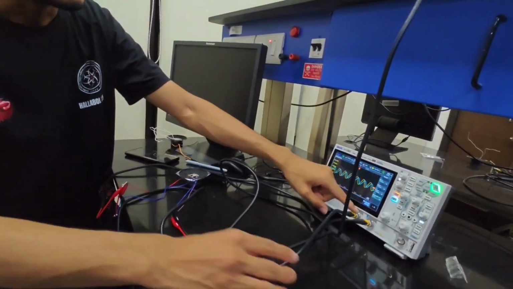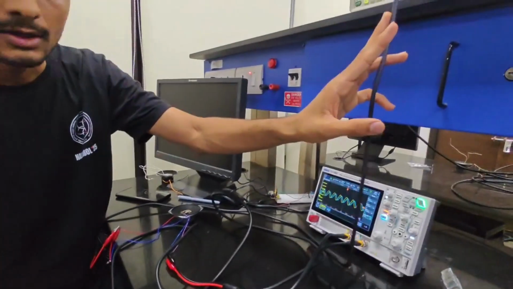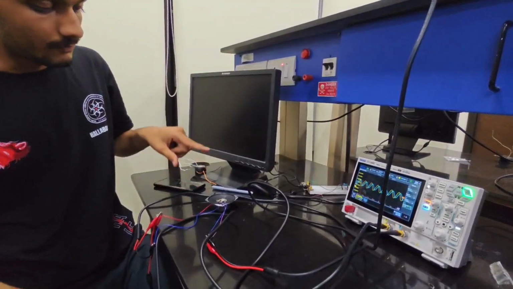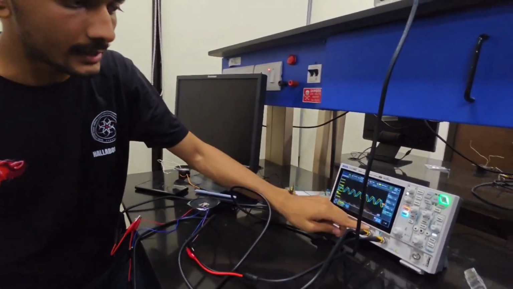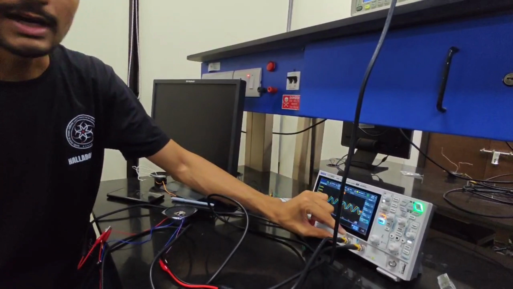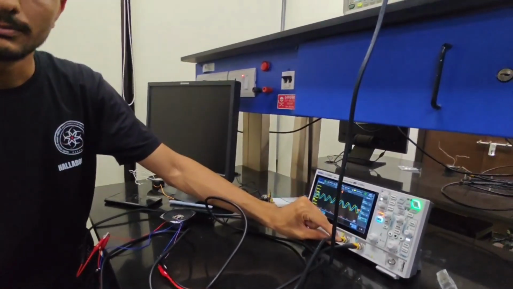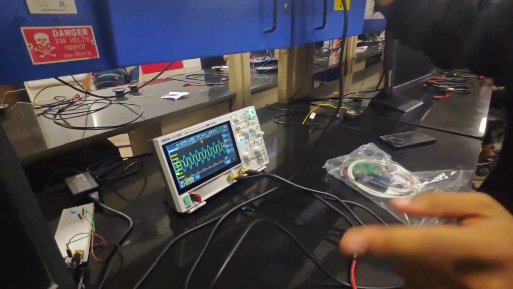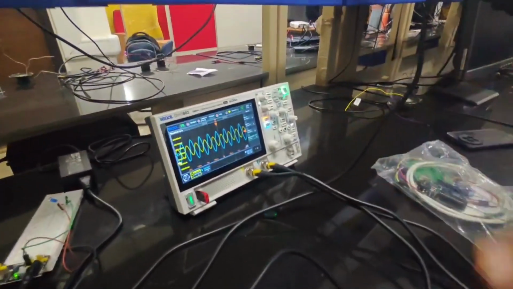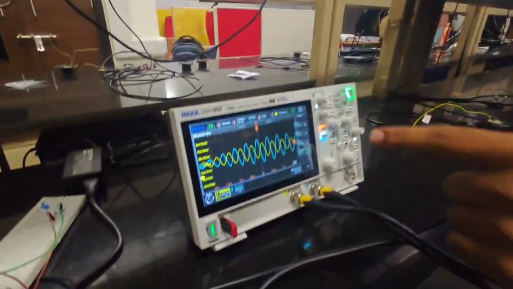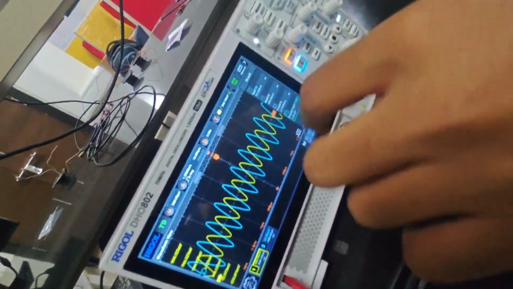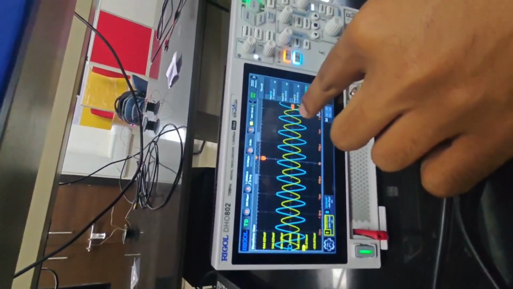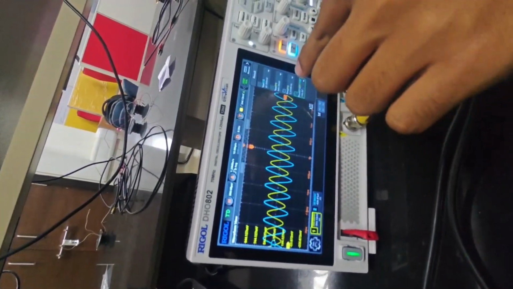channel C2, and the input from the signal generator, which is given to the speaker, is also connected to the DSO as channel 1. From the signal generator we are giving input to the speaker, and connecting the piezoelectric output to the DSO. Now we are changing the frequency so that we are measuring VPP of C1. C1 is input, C2 is output, and so the output and input values change